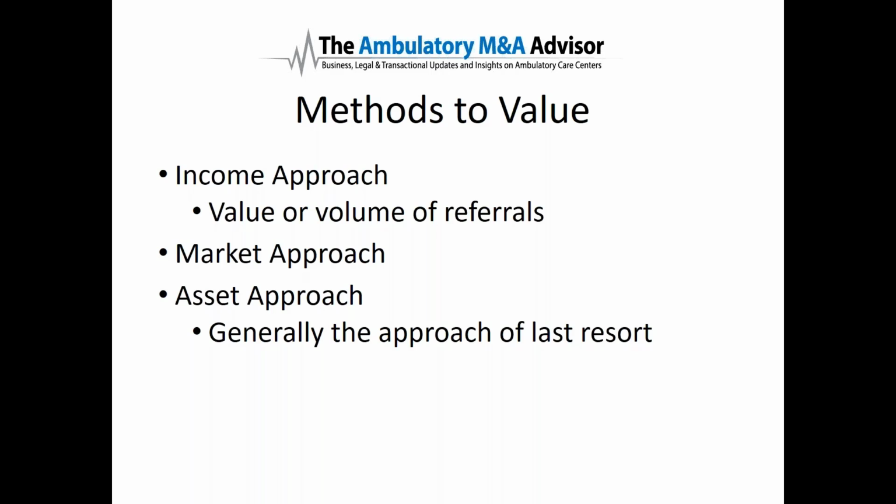If the entity is not profitable, or in some cases we have valuators that are even taking an asset approach if an entity is profitable, but they're valuing intangible assets on a cost-to-recreate basis, where the asset approach may be higher than the income approach. But ultimately, from a valuation perspective, the asset approach has always been the approach of last resort, meaning it's the basement or lowest value. It's just, what are your hard assets equal to? And then, as I mentioned, there may be some minor intangible assets if you're not a going concern or a profitable business.